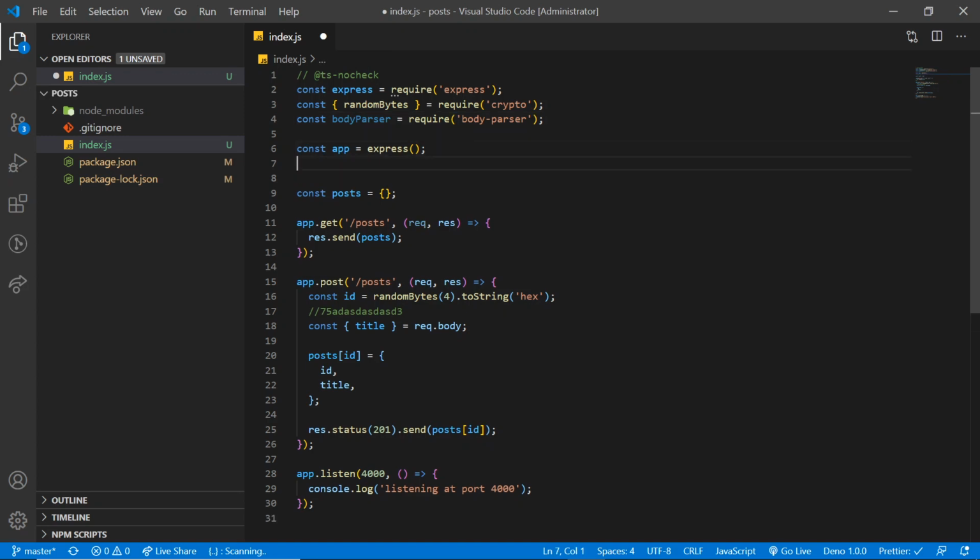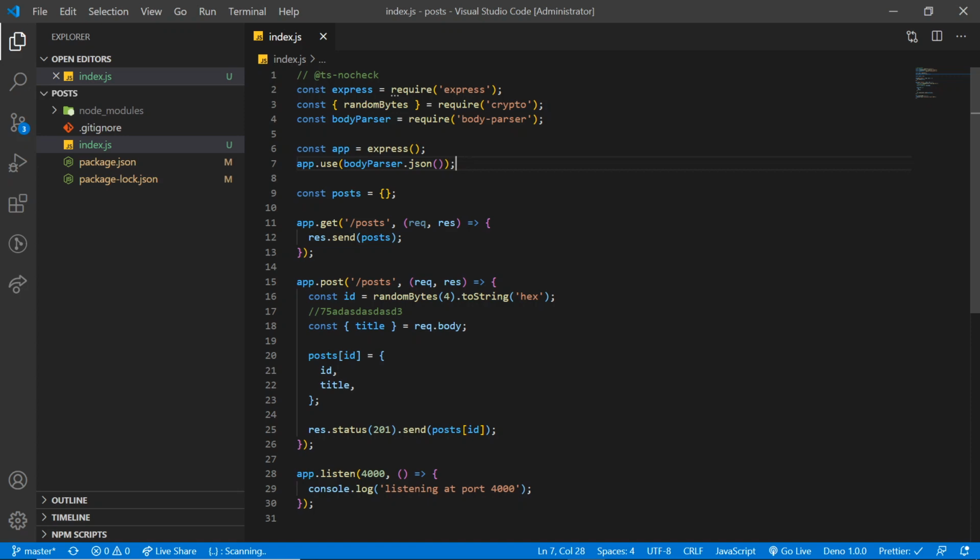Now just after the creation of the application, we are going to use app.use bodyParser.json. That's it. Now we are done with the coding part.